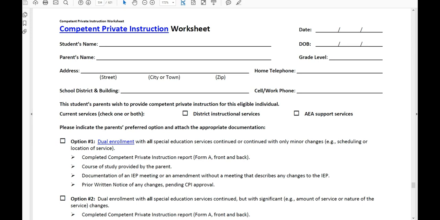And what is the competent private instruction worksheet that was mentioned in there? In Appendix A of the procedures, there is this model worksheet, and this is something that actually should be completed. In an ideal situation, we would probably have an IEP team meeting sitting with a parent going through these options, but when a request is going to come in and we said to your local regional administrator, the idea would be that this worksheet would be completed, and then the RA would have an opportunity to review the student's IEP